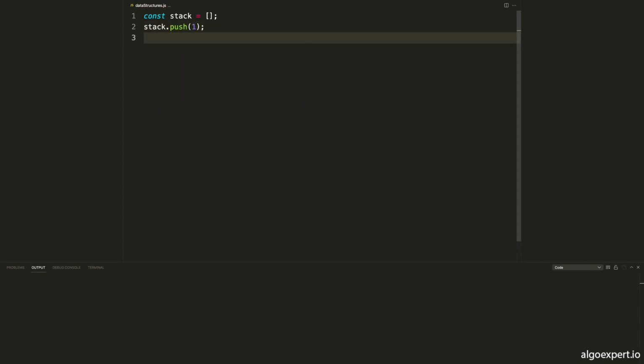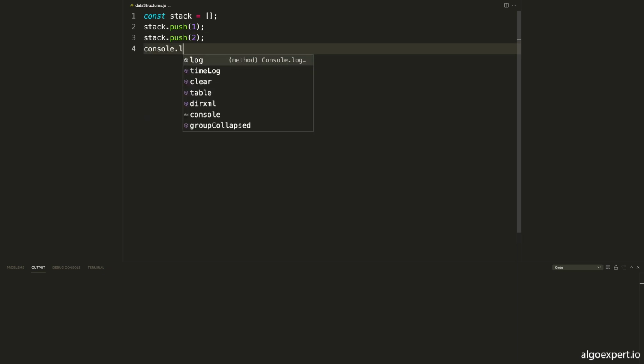So maybe we push a 1, as well as we do stack.push the number 2. And then if we want to get the values out of the stack, we can simply say console.log stack.pop. And remember, a stack is going to be last in, first out. So when I run this code, we get the number 2. Because we popped out the number 2 as it was the last element added to the